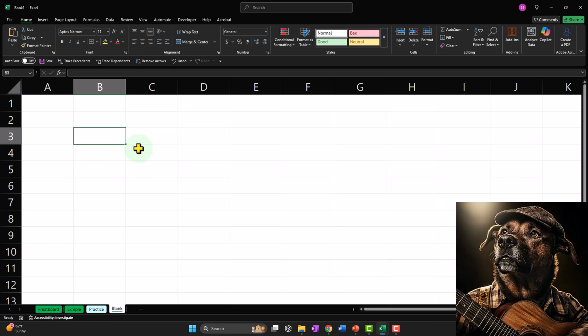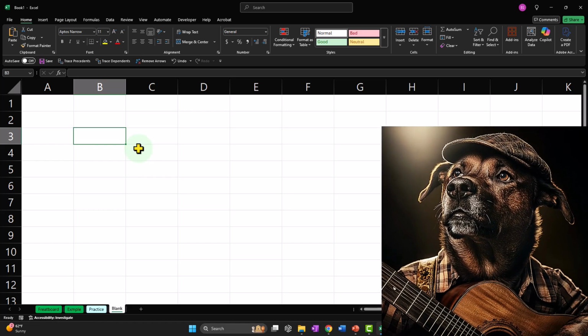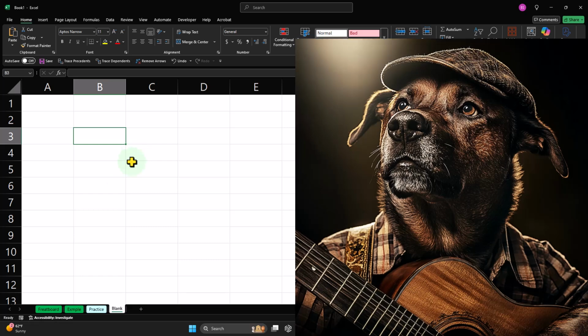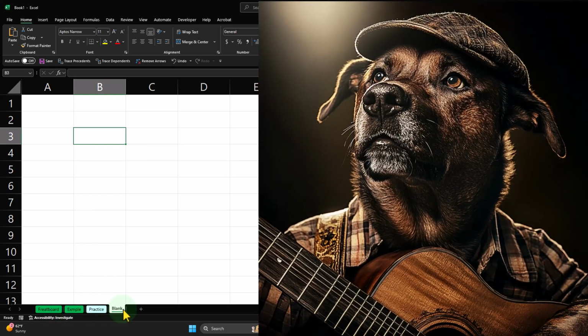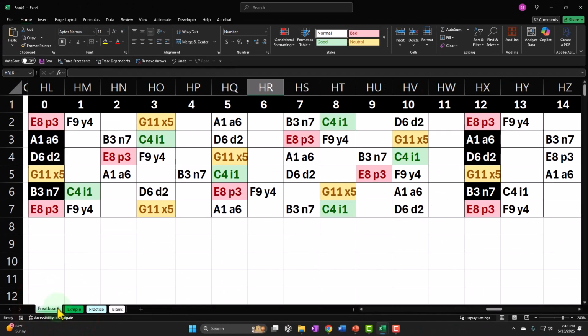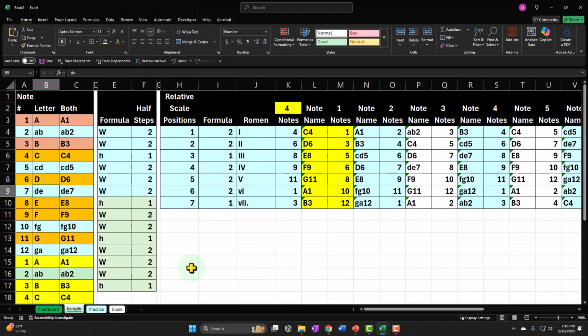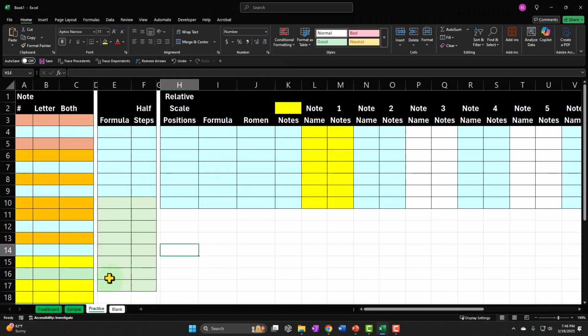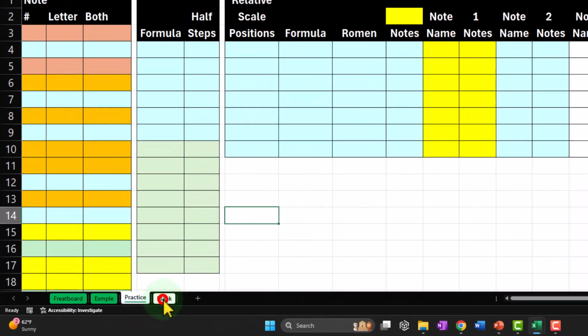If you don't have access to this workbook, that's okay, because we'll basically build this from a blank worksheet. But if you do have access, there are 4 tabs down below: fretboard, example, practice, blank. The fretboard tab, as indicated by the name, has a simulated fretboard. If you play an instrument other than the guitar, that's okay. The theory still works, but I'm going to demonstrate it on a mock fretboard because that's my instrument of choice. In the example tab, we have the end product, in essence, the answer key. The practice tab has pre-formatted cells so you can practice the problem with less Excel formatting. But if you don't have any of that, that's okay, because we'll be working in the blank tab, in essence,